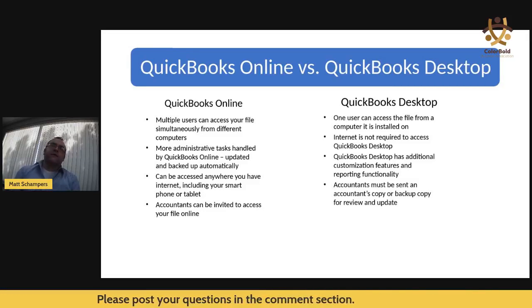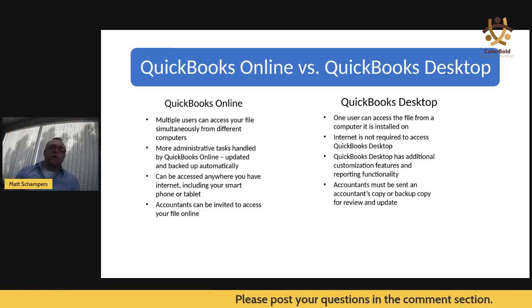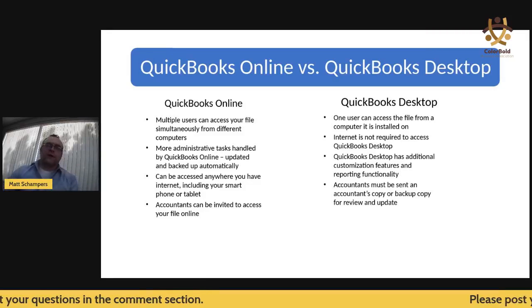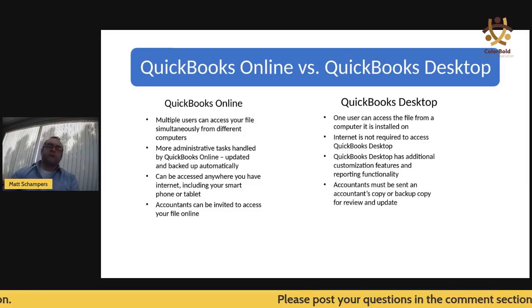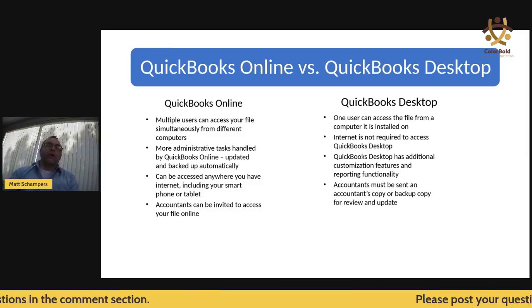And then another thing with QuickBooks Online is you can invite your accountant to have access. What that means is you go into the website, you type in my email address or whatever accountant it may be, you send it, and I can accept the invite. And then at that point, I'm able to just log onto the internet and go into your file. So if you have questions or you're having issues, I can actually see what you're looking at. For any work that I might be doing for you, if it's year end or payroll, I can just go right in.